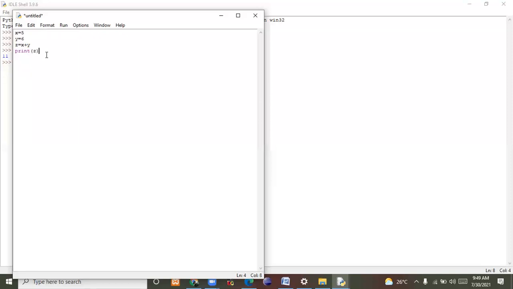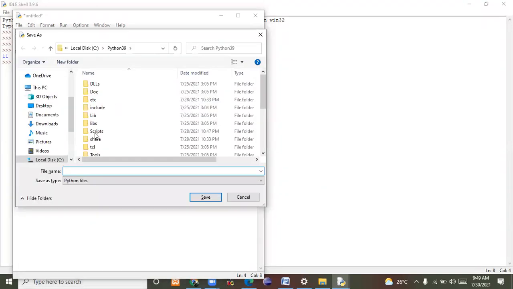After that save it, Ctrl+S. Where is it saving? C drive, Python 39. And if you save in your lab, it will store in Python 27. Here I am typing my first program, first.py. Save.